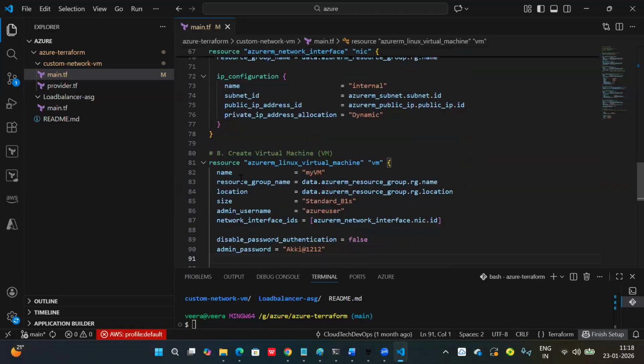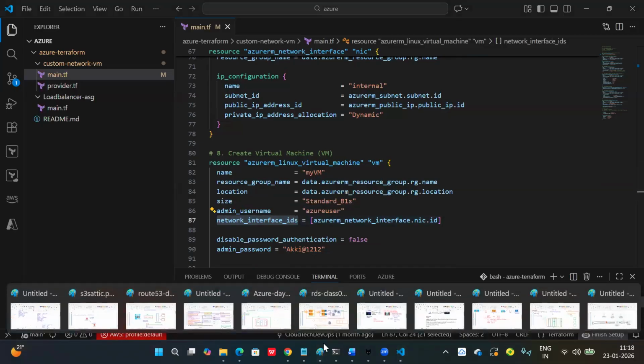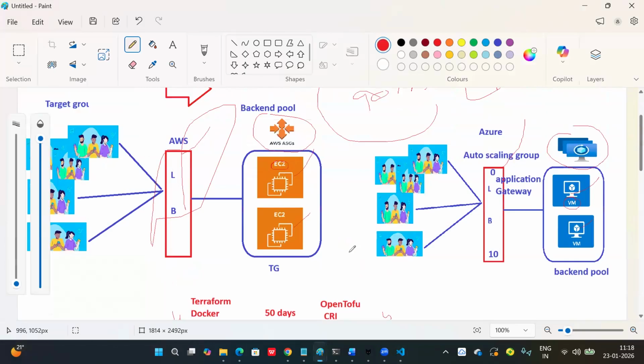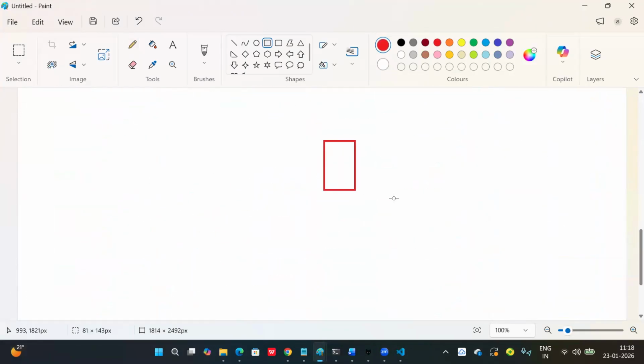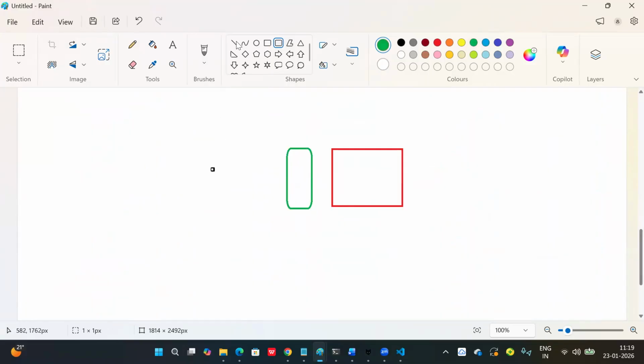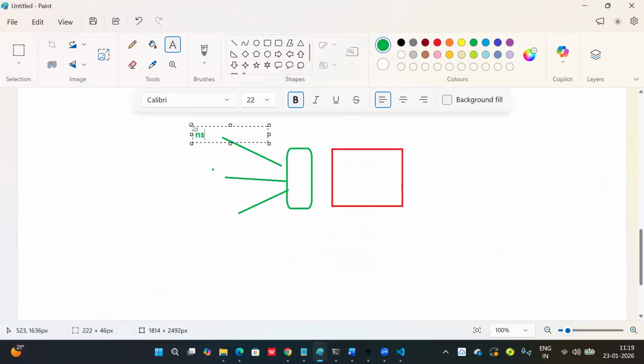Now here you can see the VM, I'm adding a NIC card, right? Whatever attachments are there on this NIC, all of them apply to this VM. Clear? So for example, this is my VM and this is the NIC card. The NIC card is created first and many things are attached to it, right? NSG, subnet, whatever, NSG,